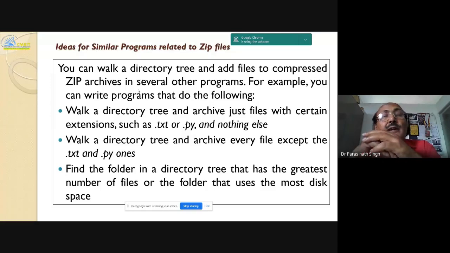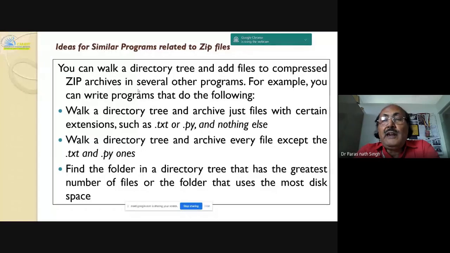The zip file you have already opened with append mode, and then you add the list of files while walking the directory tree. For example, you can write programs that do the following: walk a directory tree and archive just files with certain extensions such as .txt or .py and nothing else. Walk a directory tree and archive every file except the .txt and .py.